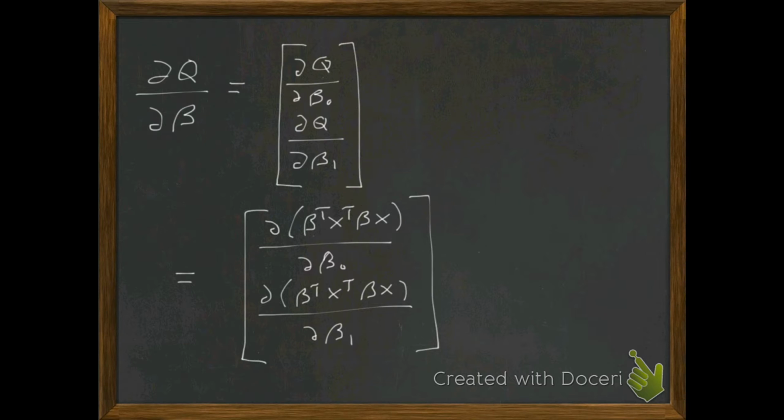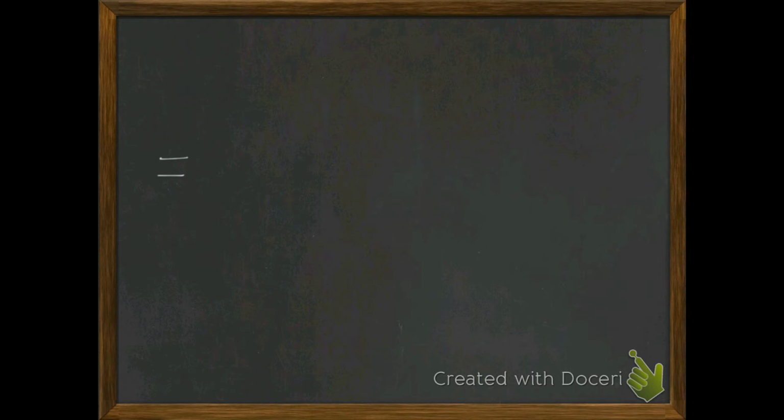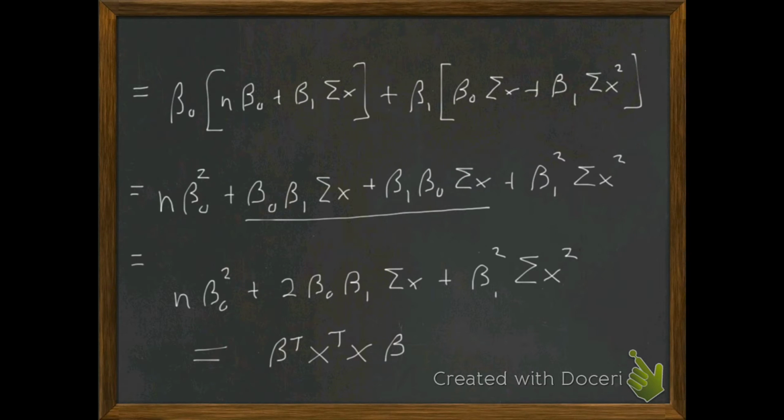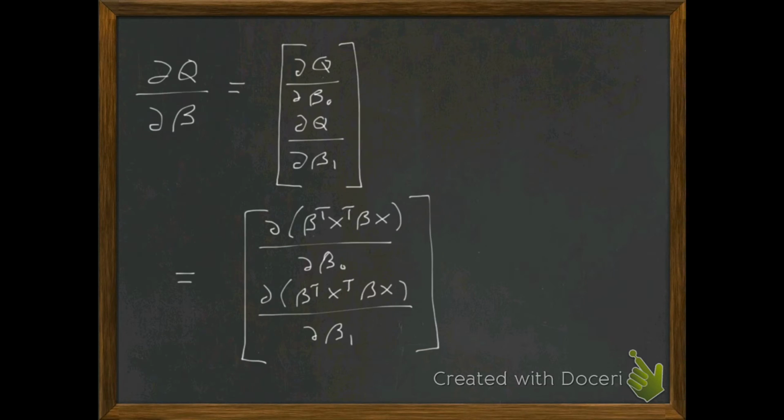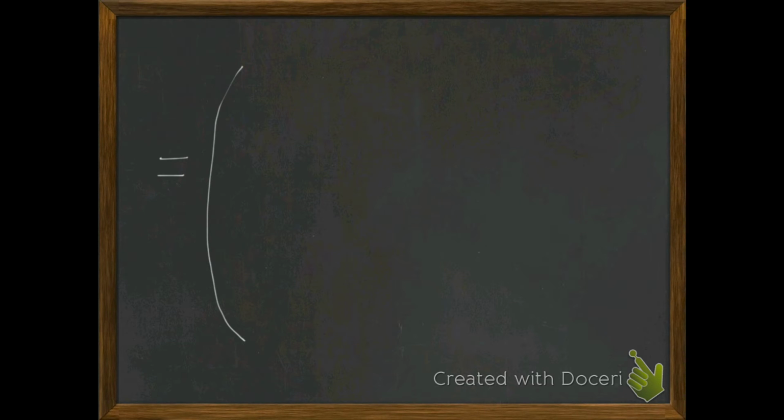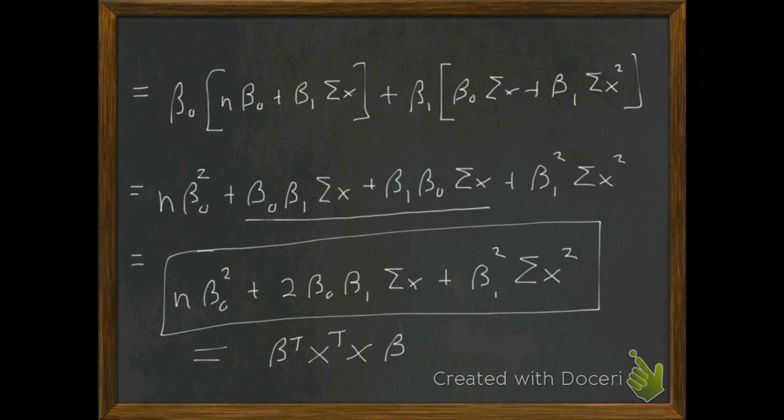Alright, so we need to take some derivatives, and that's going to be fine, right? If I take the derivative of the first term of this with respect to beta 0, I'm going to get 2 beta 0 n plus 2 beta 1 sum x